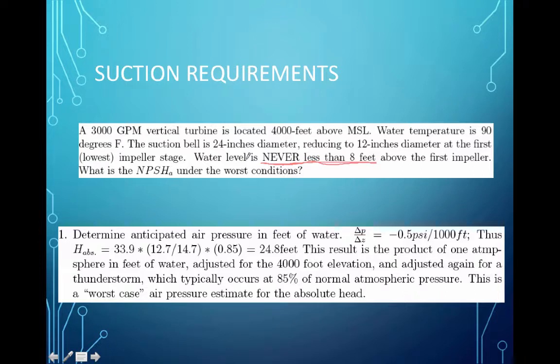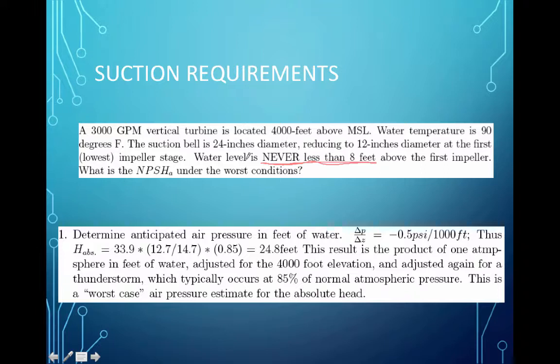First, we want to determine the anticipated air pressure at the free surface in the suction pit in feet of water. So we're at 4,000 feet above mean sea level. A reasonable estimate for the change in pressure with elevation at that part of the atmosphere is roughly a half pound per square inch per 1,000 feet of elevation. So at sea level, we're at 14.7 psi. We go up 1,000 feet, we're at 14.2 psi. We go up another 1,000 feet, we're at 13.7